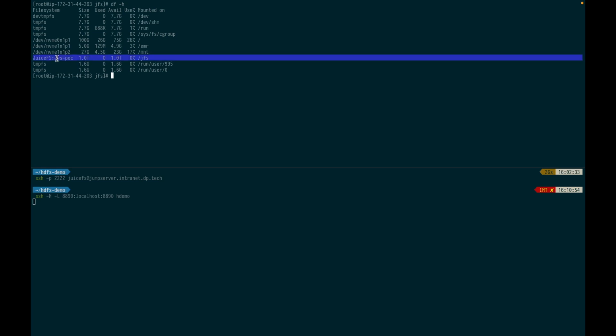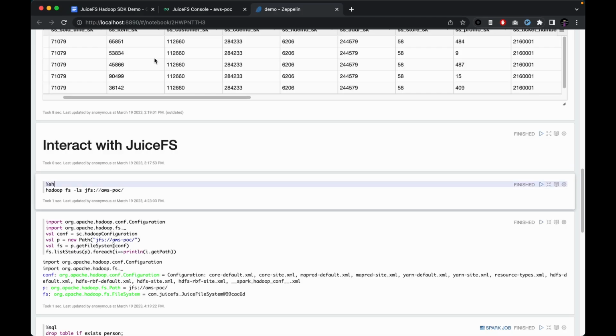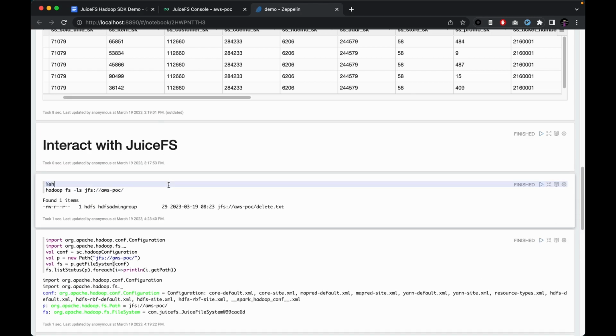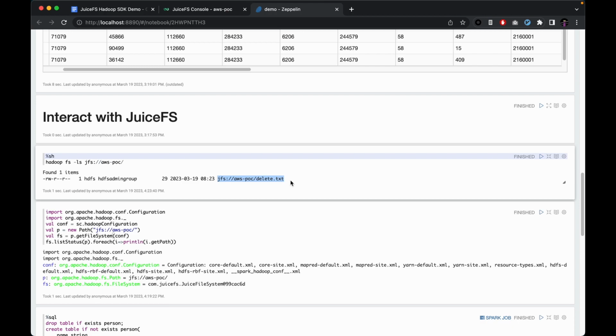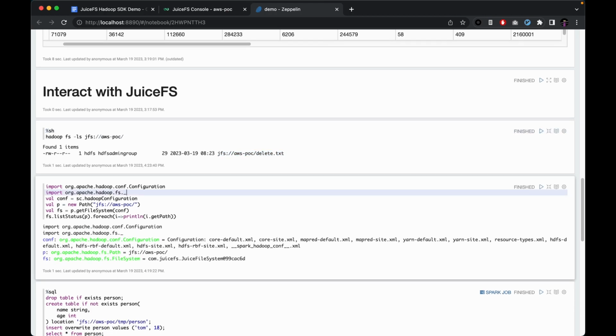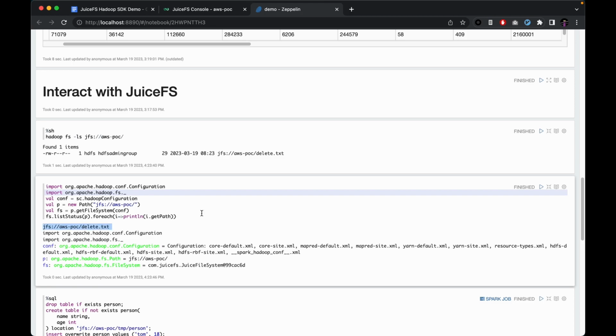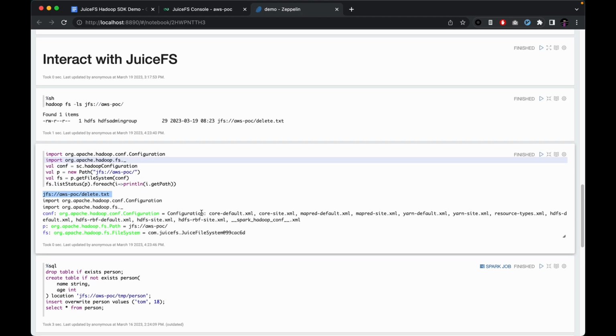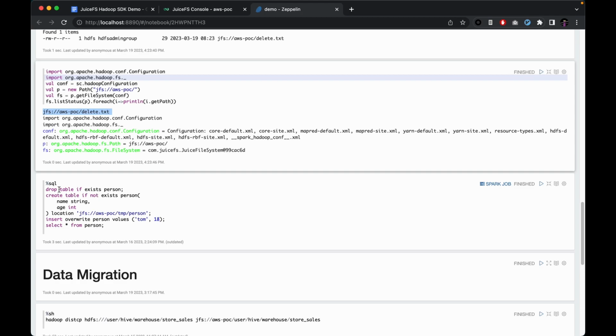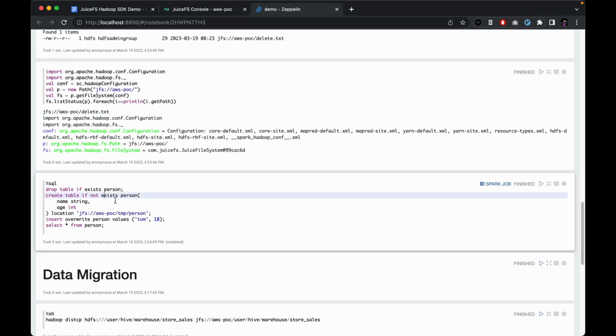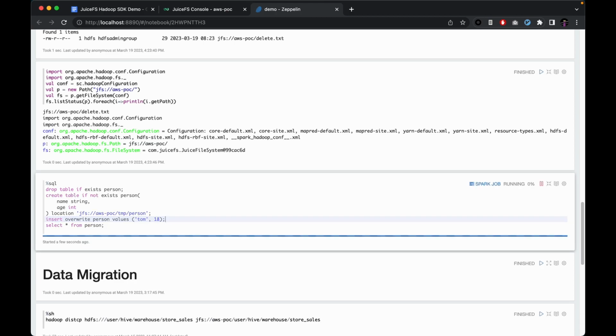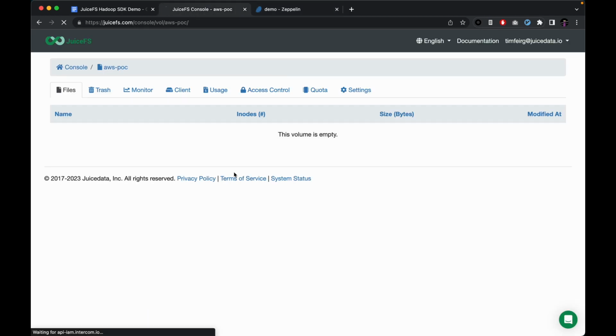As you can see here, I have mounted JuiceFS as a FUSE mount point, and I'm going to create a test file. And after that, I can see this file from JuiceFS. I'm going to run some Scala code just to produce the same result so that we know JuiceFS is working with Hadoop now. We can also use Spark SQL to create a table and insert some data to verify that everything is working correctly. We're going to wait a second and observe